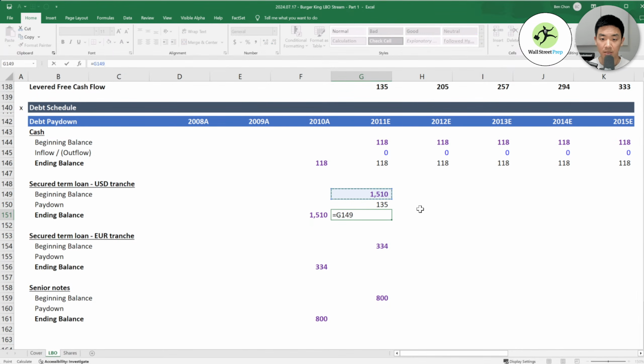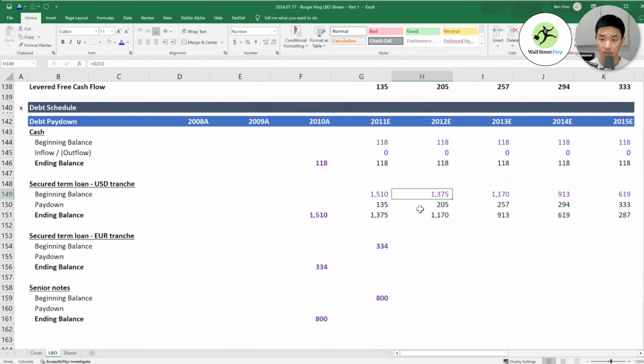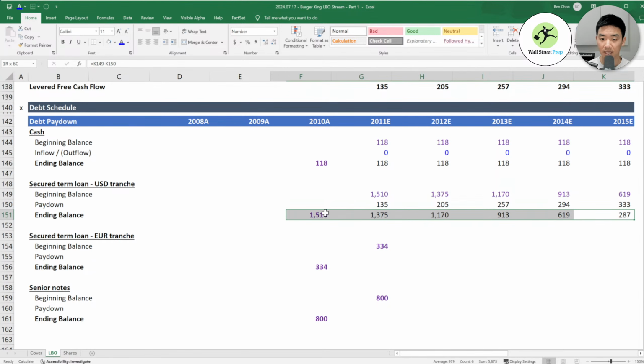The ending balance here is our beginning balance minus our pay down. That's how much we have left. And then the formula is pretty much the same throughout. You can see 205 million in cash is used to pay down, then 257, then 294, then 333. We end up with 287 left.